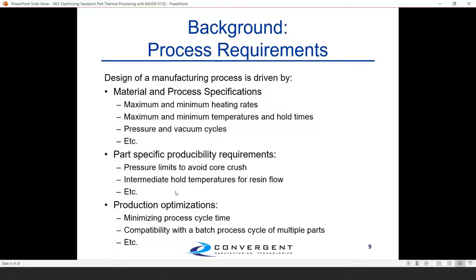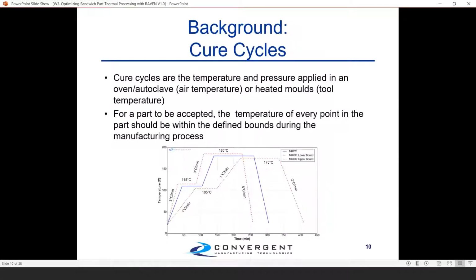There's various other ones that we consider with all of these. The main one we're going to focus on a bit is really the thermal stuff today. So when we're talking about thermal, we're usually looking at a cure cycle that's applied to the part. And so this would be in an oven or an autoclave or maybe a heated mold. And so this is the air temperature that we're applying, or actually the tool temperature might be like from platens